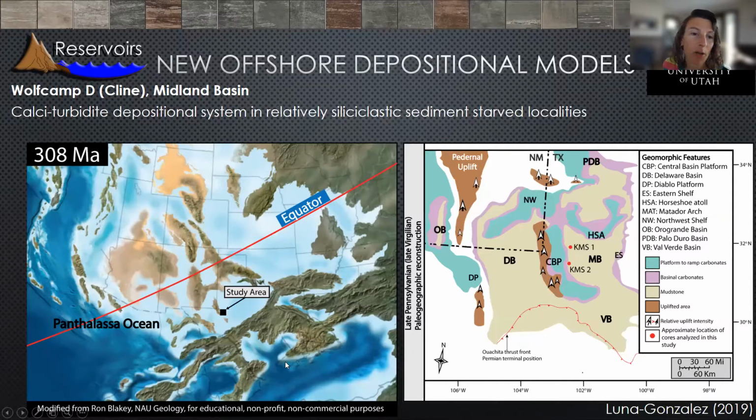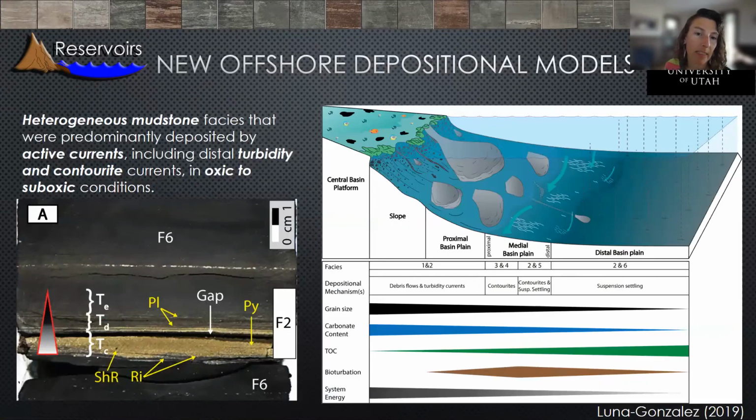From this model, the older models really simply showed a lot of calciturbidite deposition, but in fact we see evidence for a lot of currents out in the middle, in the medial distal plane, not in the medial basin plane, not out in the distal basin plane, but a lot of evidence for subtle traction currents and contourites and turbidity currents in actually oxic